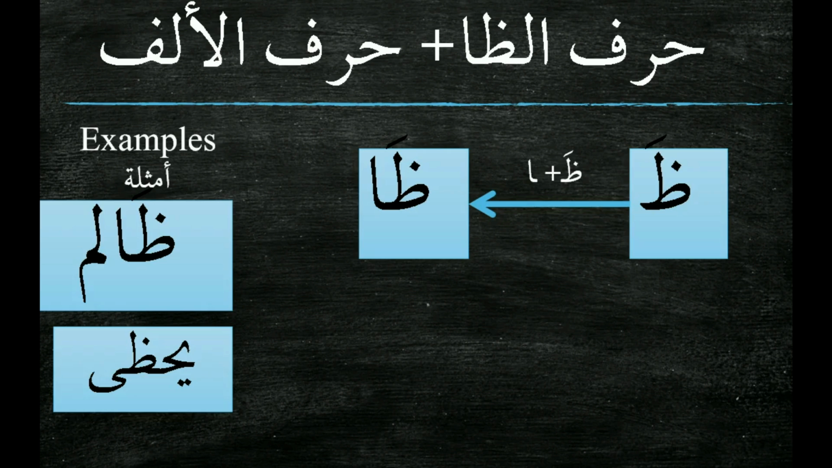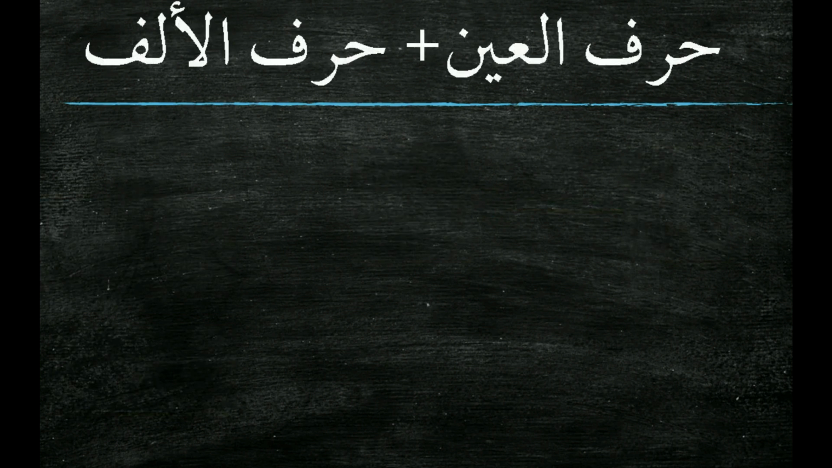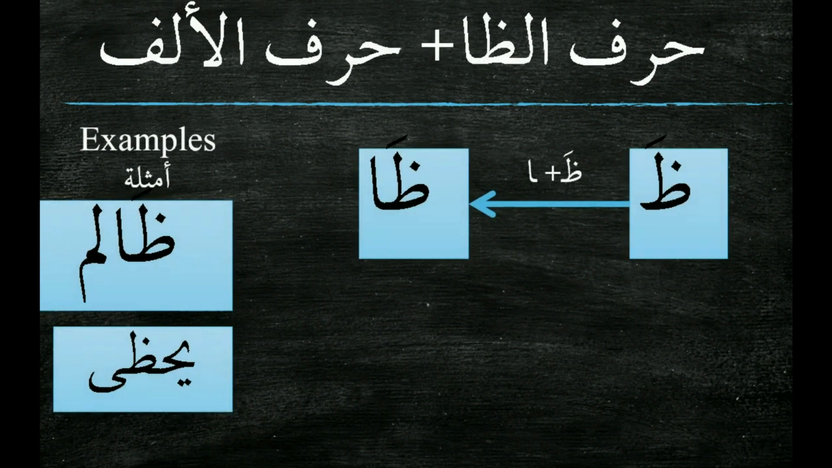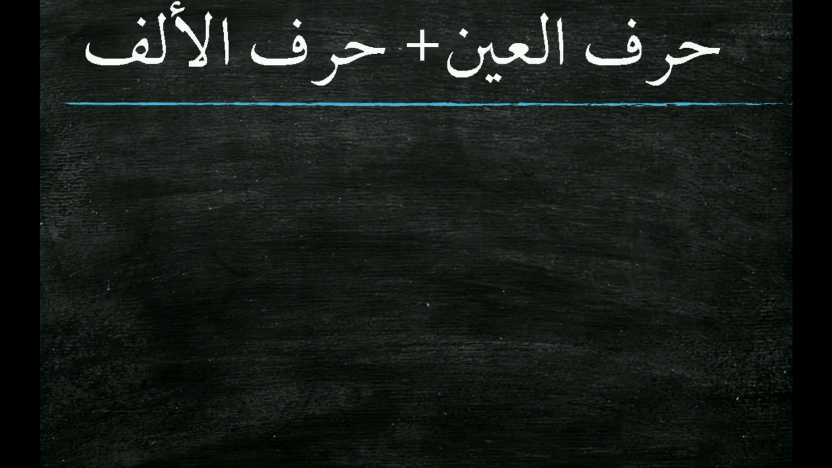You don't say ظا or ظالم the wrong way. It's ظالم. You just elevate the deepest part of the tongue. You don't move your lips to make a circle with the fatha. يحظى also. This is the other word here. يحظى. حرف العين. The letter عين connects from both sides, and when it connects from both sides, it becomes